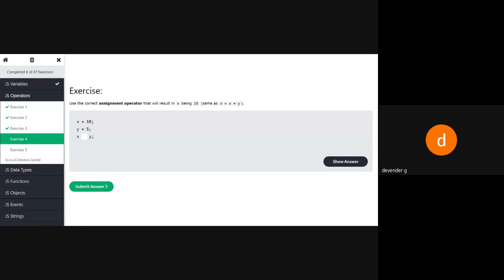For addition, how do I have to do it? I want these two to be added. Plus equal to. Right, I have to use plus equal to. So we call that an assignment operator. Now same as multiplication, the assignment operator for multiplication is asterisk equal to. Very good.